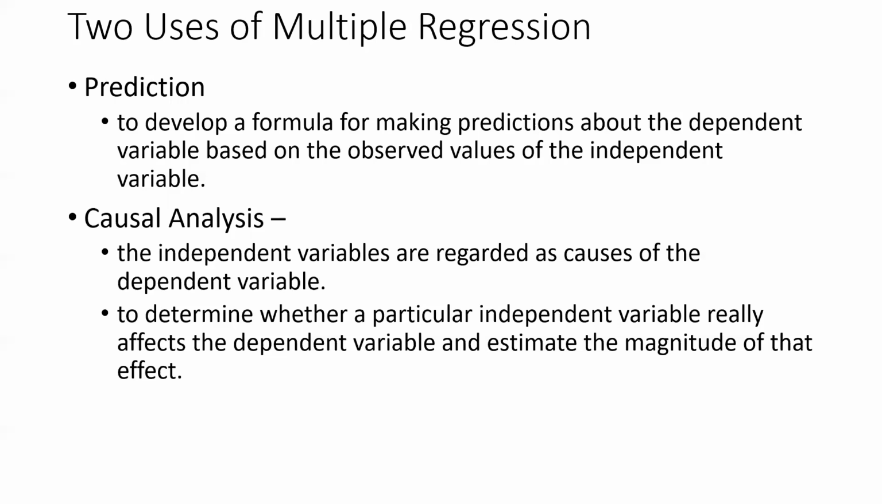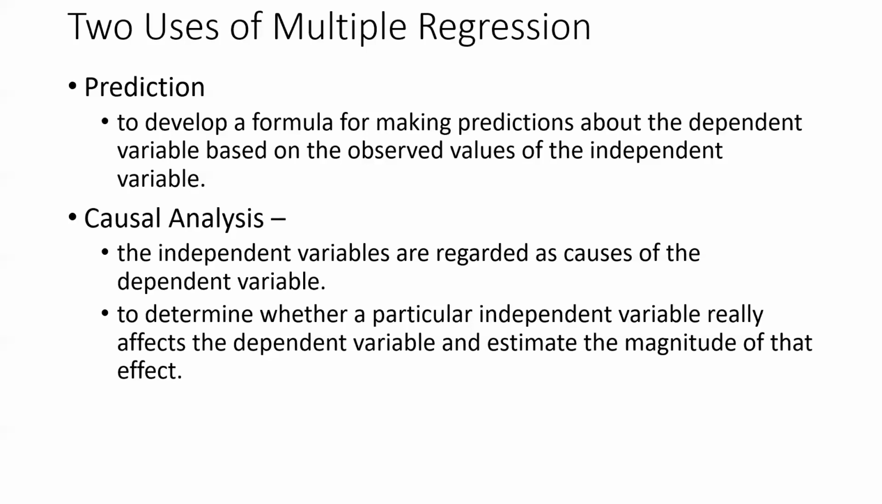In Chapter 1, Allison points out that there are 2 major uses of multiple regression: prediction and causal analysis. For prediction, the goal is to develop a formula for making predictions about the dependent variable based on the observed values of the independent variable. In causal analysis, the independent variables are regarded as causes of the dependent variable. The aim then is to determine whether a particular independent variable really affects the dependent variable and to estimate the